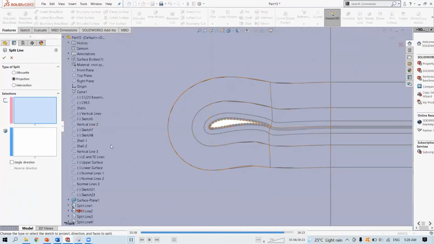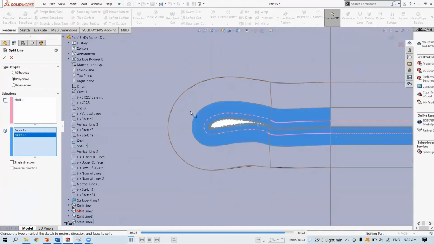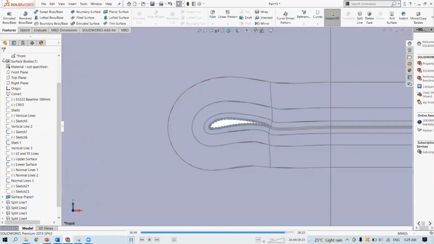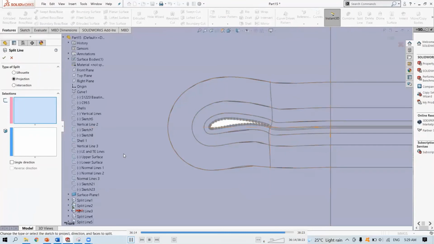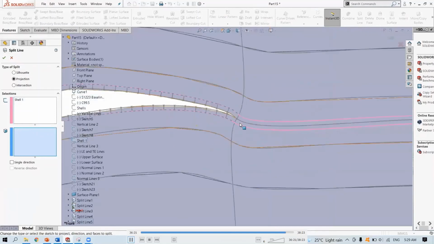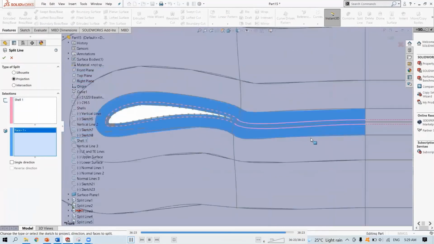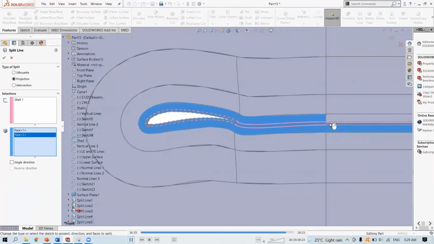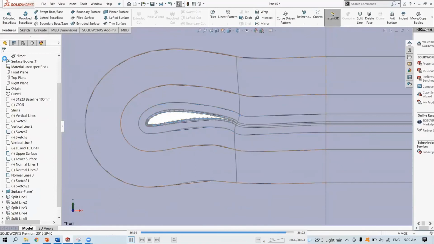And just repeat the procedure. Shell 2. For shell 1. Okay.